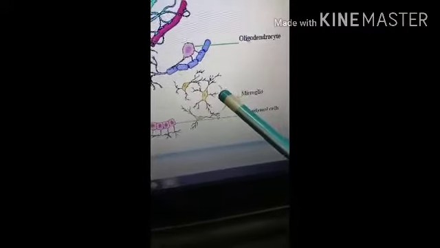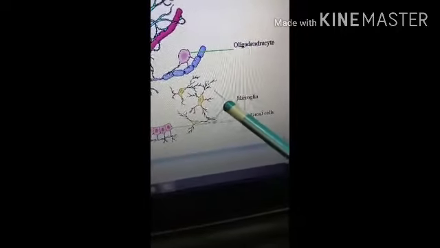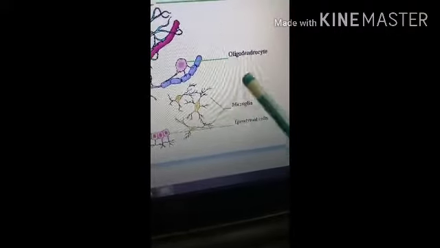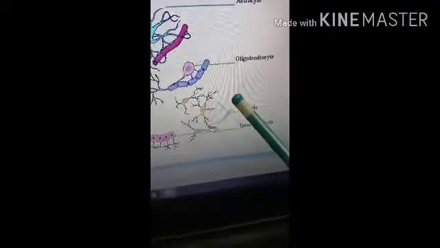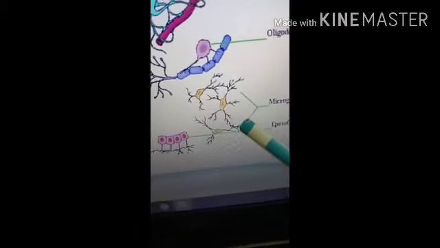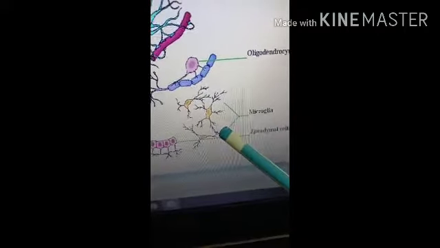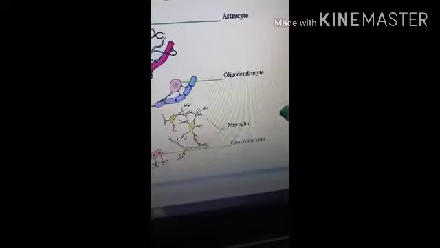These are small glial cells capable of migrating through the surrounding neural tissue. They are derived from phagocytic white blood cells that migrate from the blood into the nervous system before birth, so they act as phagocytes in the nervous system. Then the microglia enlarge and become phagocytic in areas of inflammation and cell destruction. They remove cell debris, waste, and pathogens that invade the CNS by the process of phagocytosis.